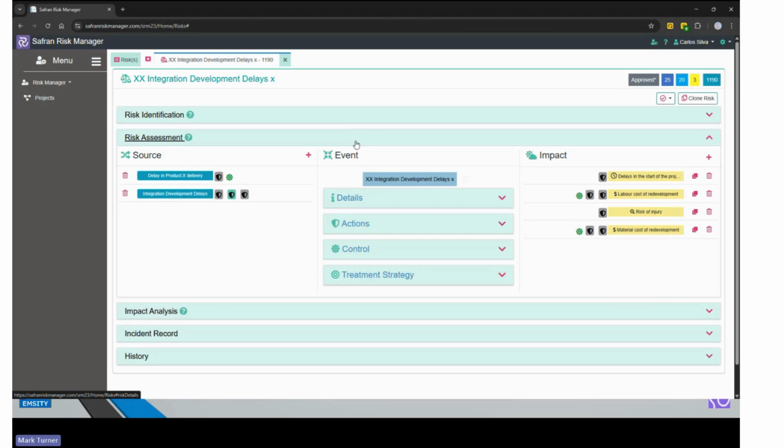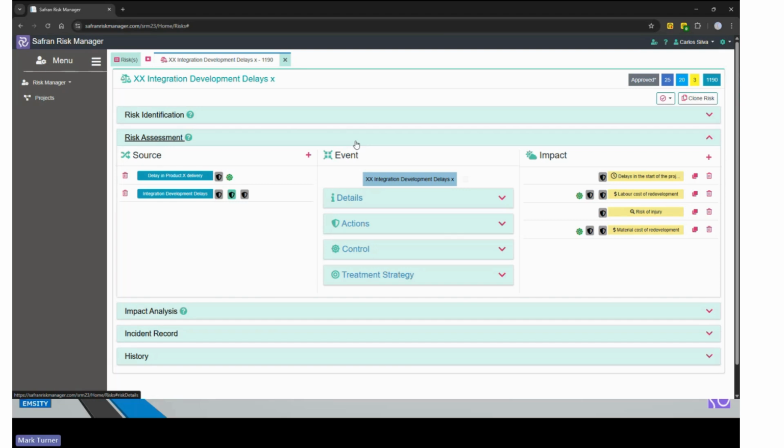And should they occur, then they would have one or more impacts. And the impacts are in different domains. So the domain could be cost, it could be time, or it could be a qualitative assessment such as customer satisfaction or reputation or some other measure which is difficult to quantify either in cost or time.